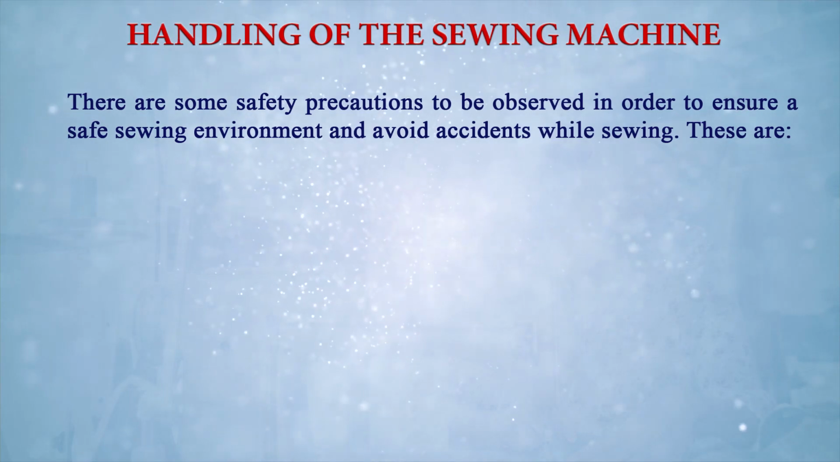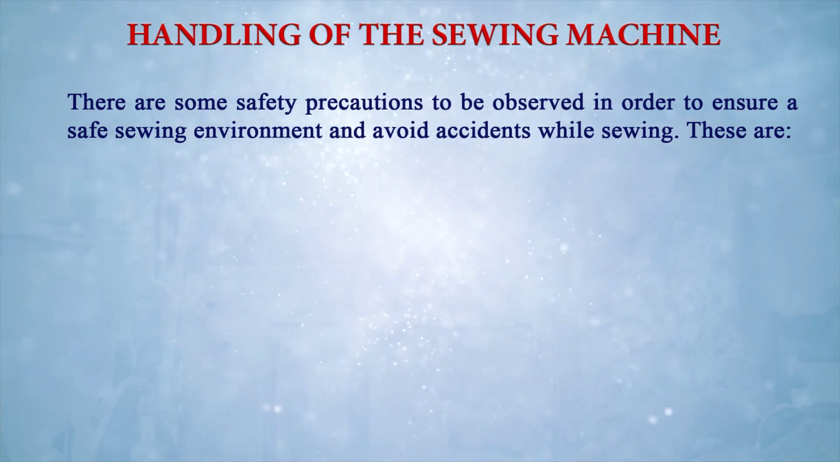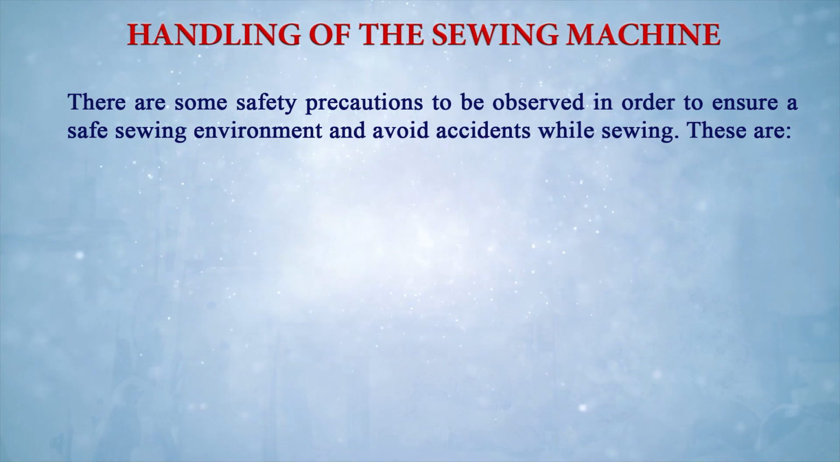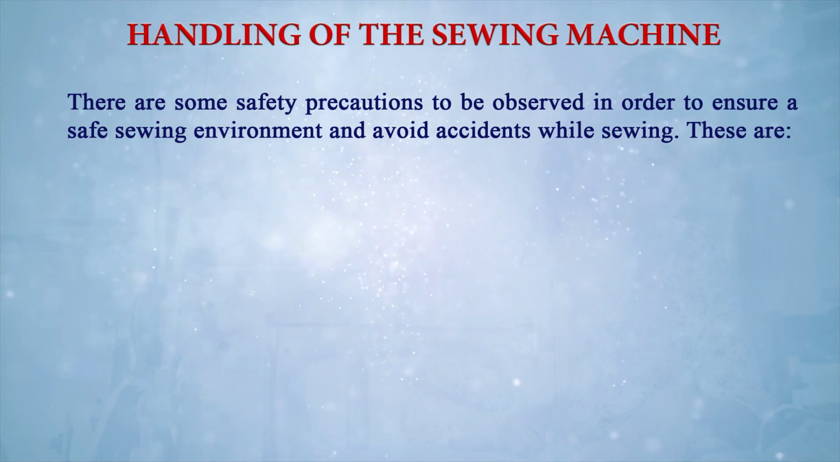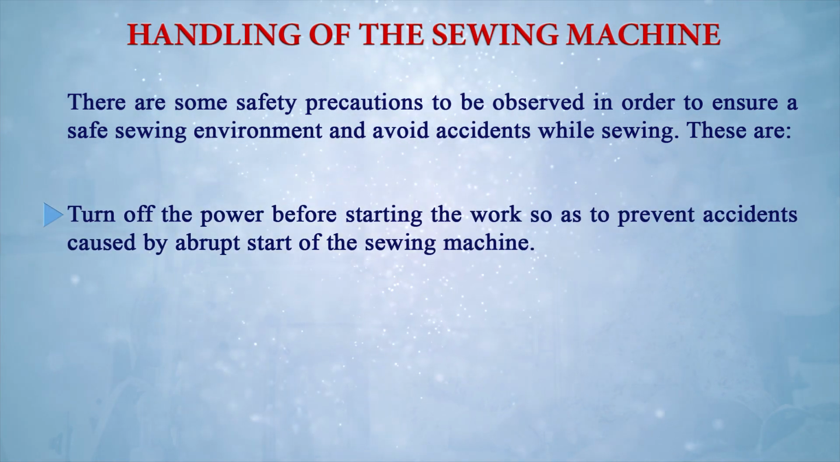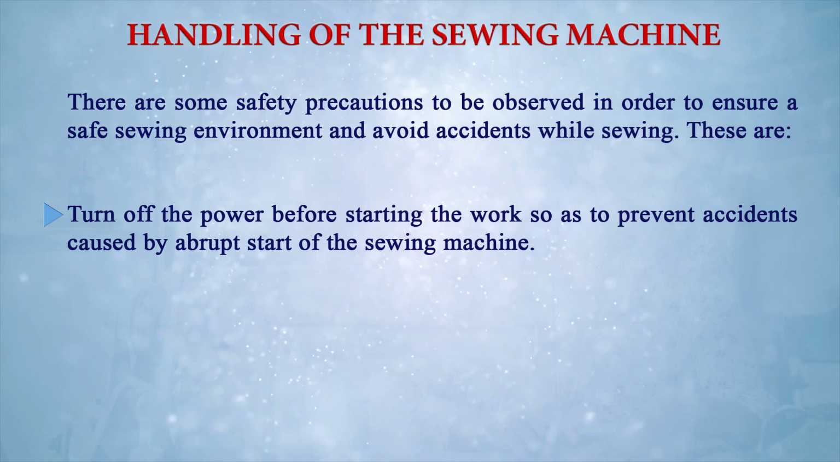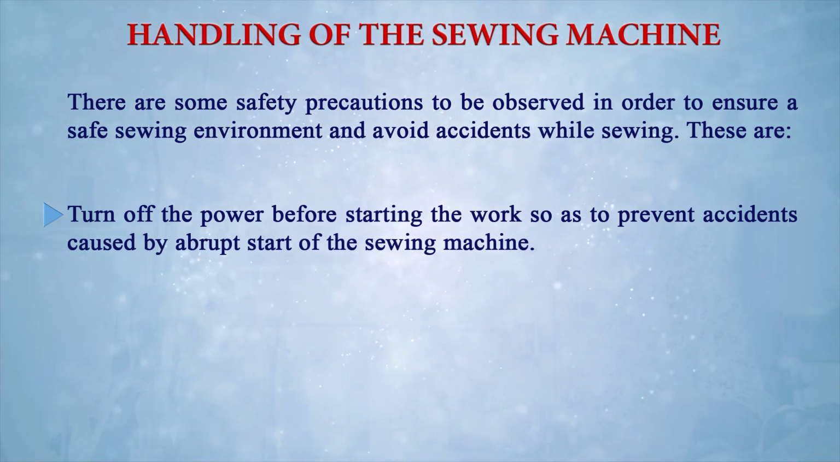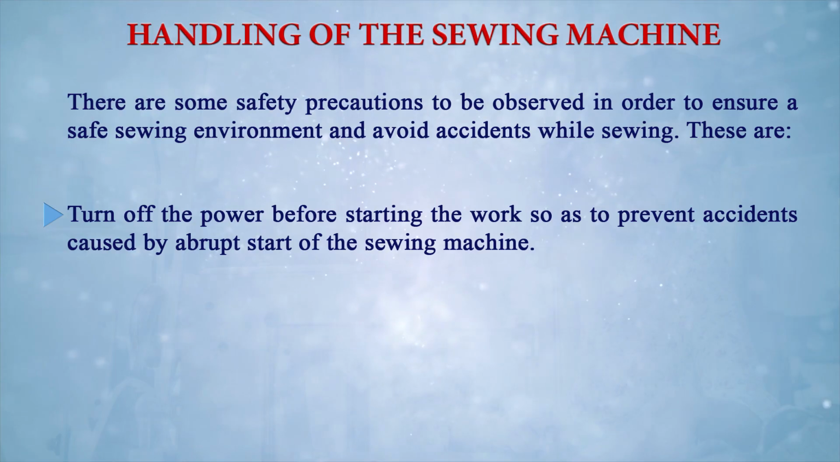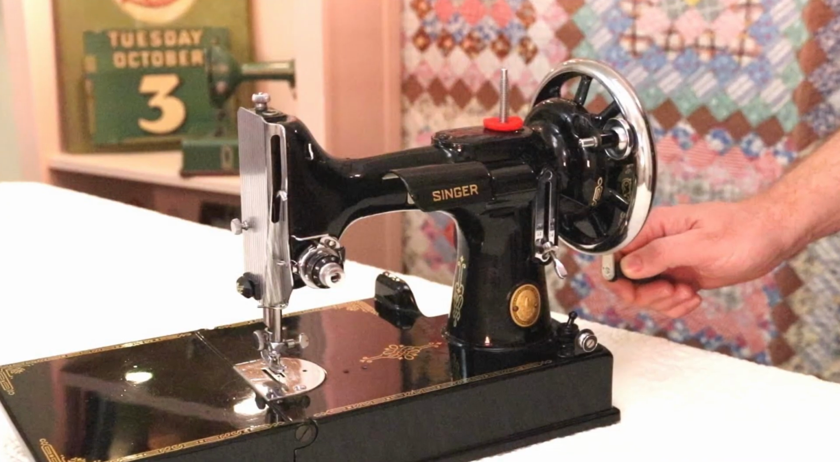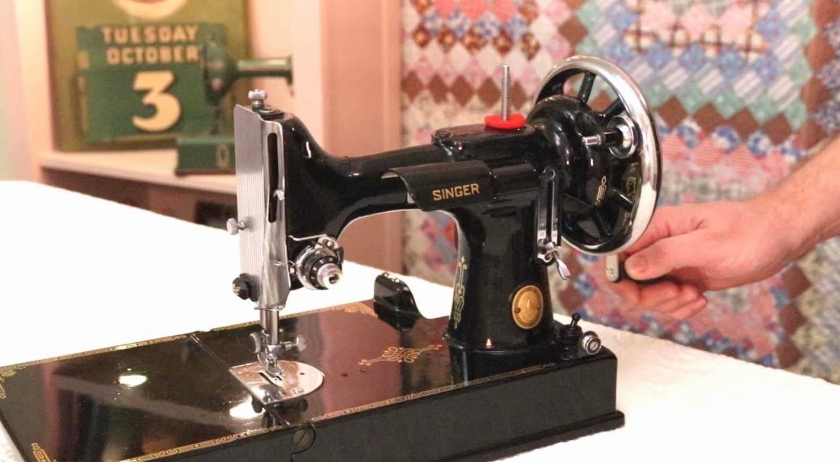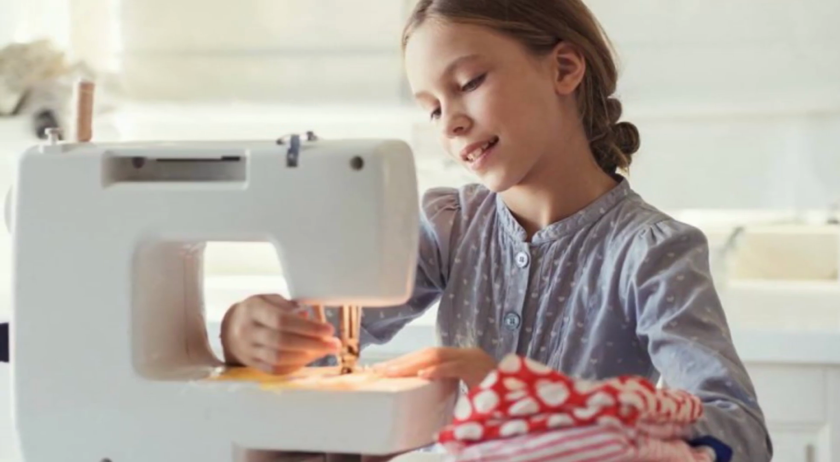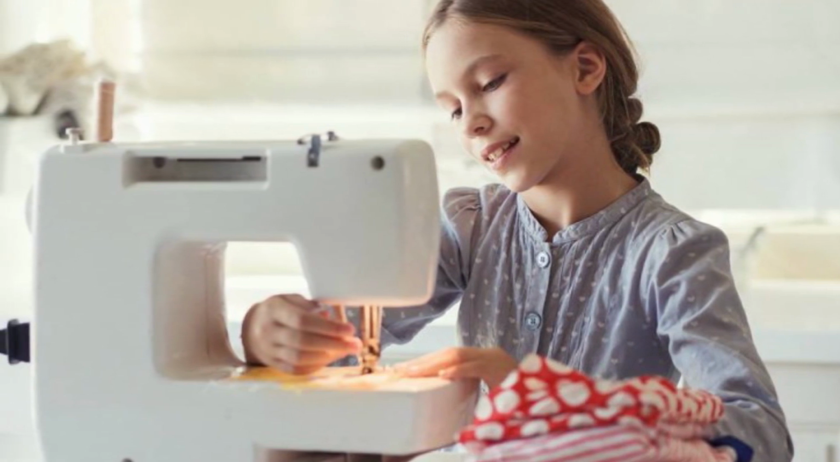There are some points that you should remember while you are using the sewing machine. First, if you are using the electric motorized sewing machine, you have to turn off the power before starting the work so as to prevent accidents caused by abrupt start of the machine. If it is a hand operated machine, then you have to be very careful while starting the machine. But when you are using the motorized or electronic sewing machine, just put off the power before